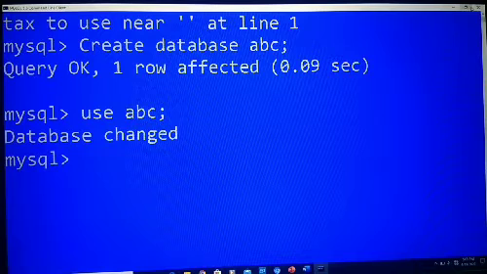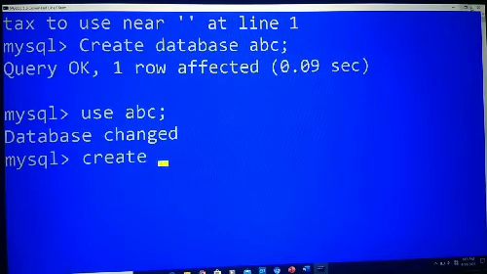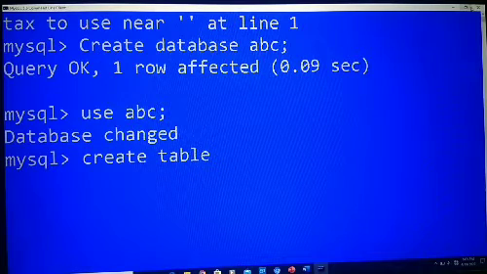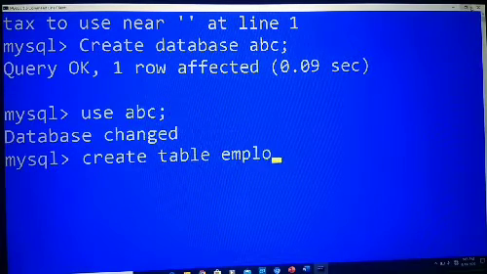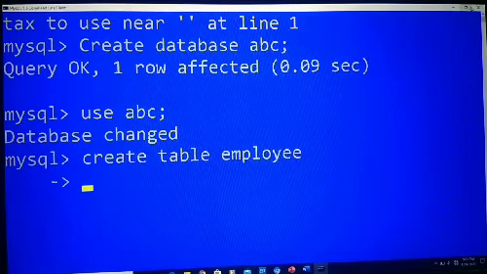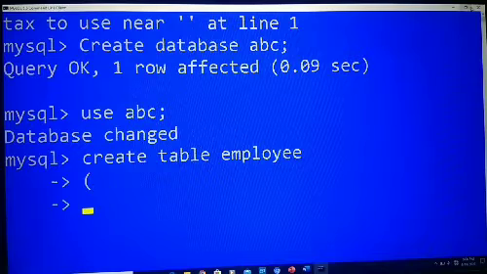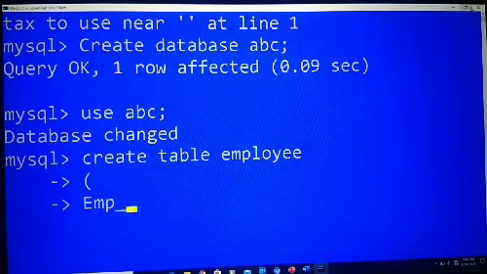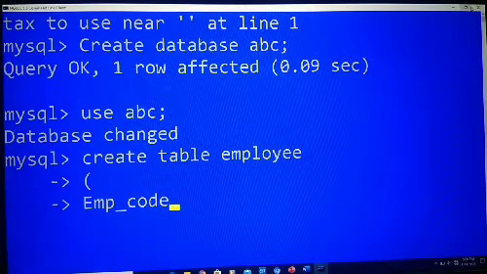Let's create table. To create table we will write create table and our table name is employee, so we will write here employee. Open parenthesis. Our first column EMP code and its data type integer.